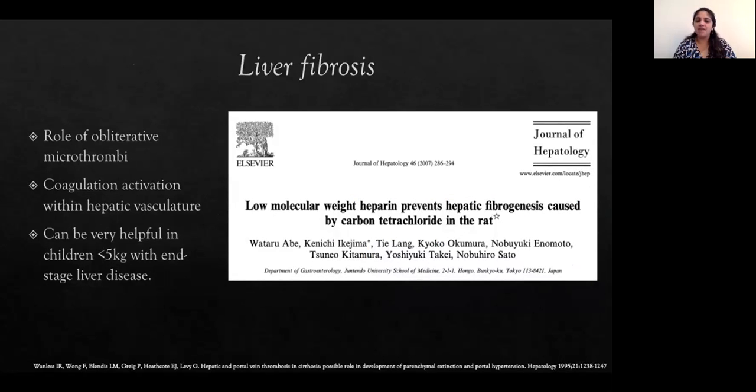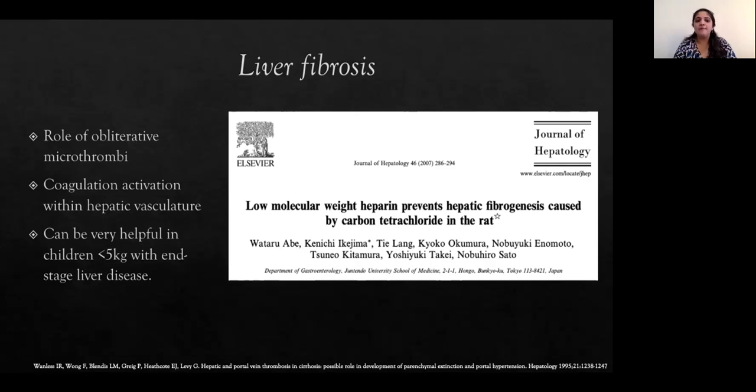As a hepatologist, this area of study is very intriguing to me, and would be to a lot of you. There's this theory that liver fibrosis is driven by a lot of obliterative microthrombi in the liver, and the coagulation, or the coagulopathy, inside the hepatic vasculature drives this. It has been shown in a lot of murine models, but it has not yet been proven in